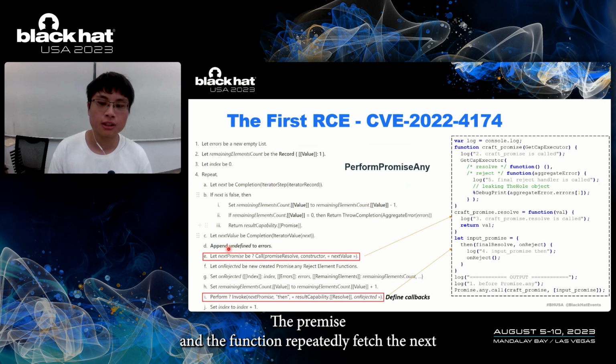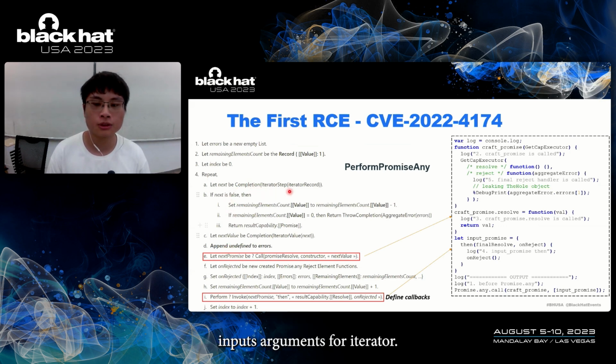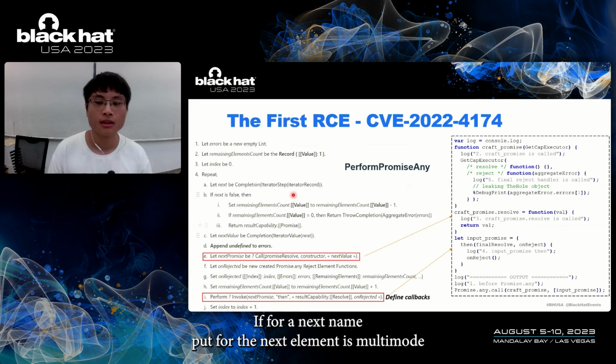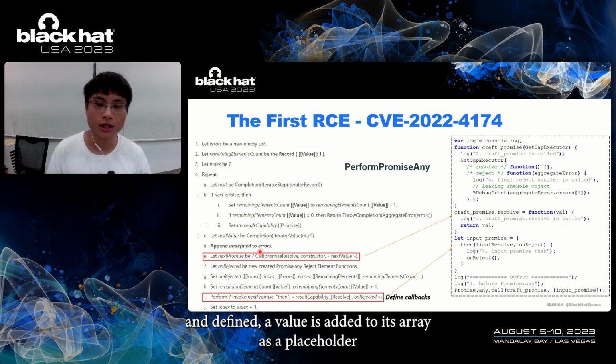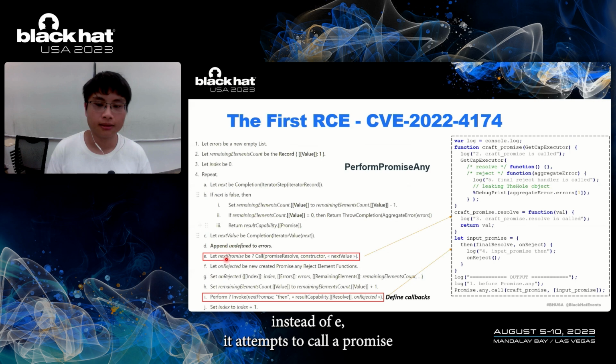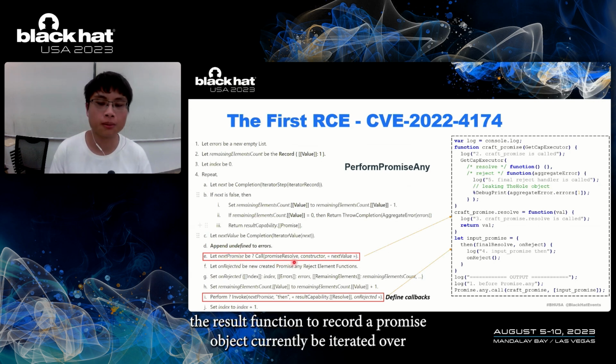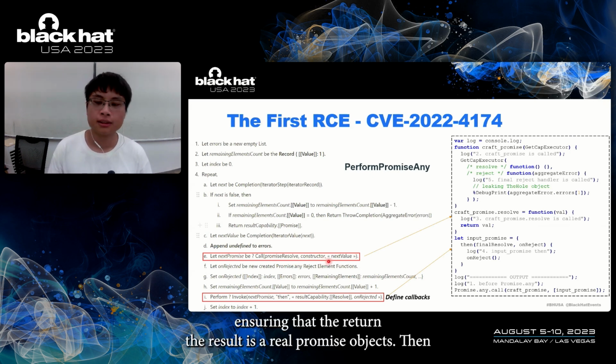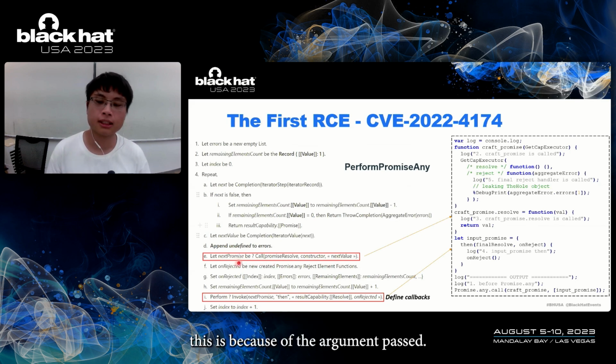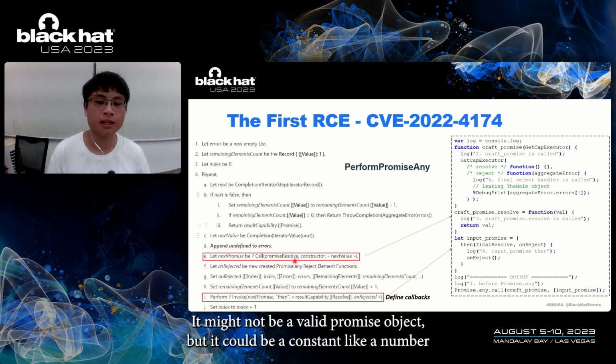The Promise.any function repeatedly fetches the next input argument from the iterator. If the next element is not done, an undefined value is added to the errors array as a placeholder. In step E, it attempts to call the promiseResolve function to wrap the promise object currently being iterated over, ensuring that the returned result is a real promise object. This is because the argument passed might not be a valid promise object, but could be a constant like a